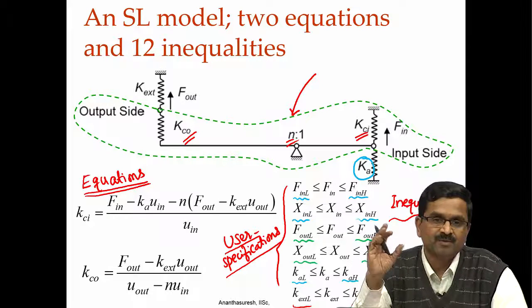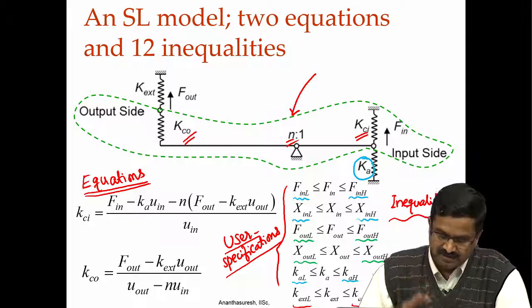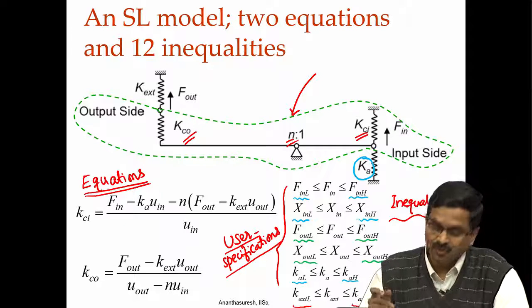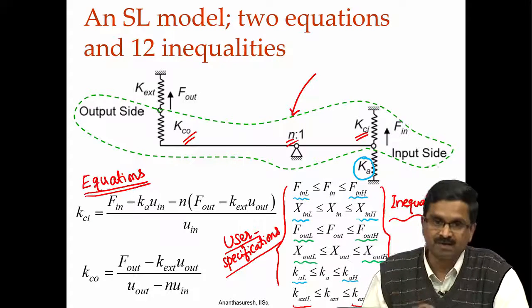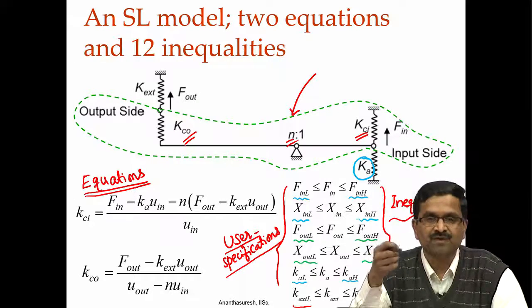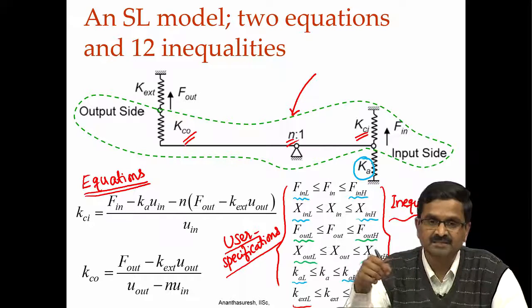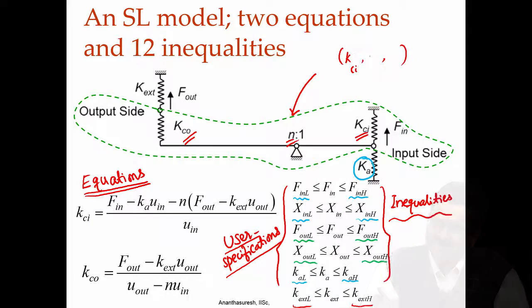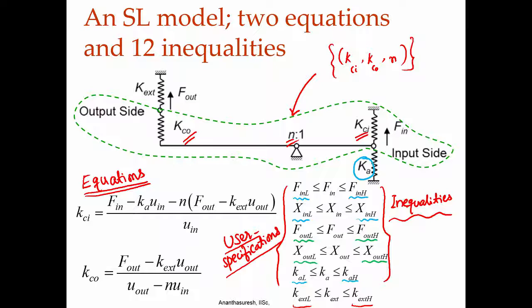We are not worried about the mechanism at this point. We just want to deal with user specifications and then inform the user, if this is what you want, this is what you want, we say this is what will be the parameter space of the compliant mechanism. KCO, N and KCI is a triplet, no? You will have 3 values, there will be some value for KCI, some value for KCO and N. So, how many such sets will satisfy the inequalities and equalities, that is what we want to inform the user.